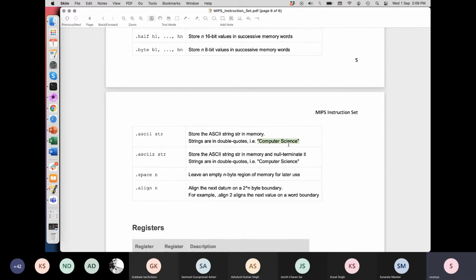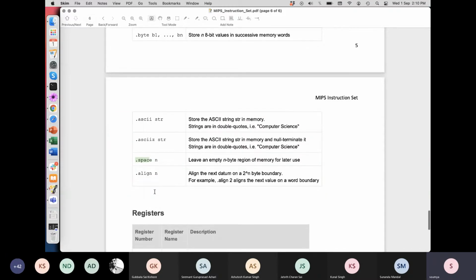Whatever is inside the double quotes will be stored as the string under that variable. But note, this is not a null terminated string like we do in C. If you want a null terminated string without specifically null terminating, you should use this .asciiz storage type. If you just want to have a free space of n consecutive bytes, just use .space. It will leave an empty space like this.